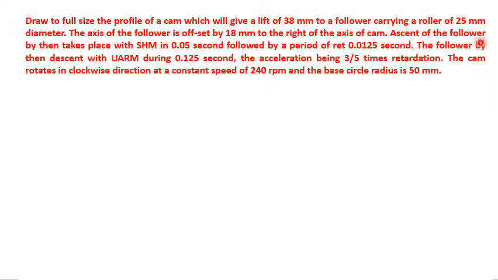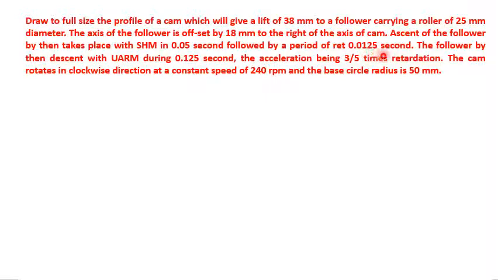Ascent of the follower then takes place with SHM. So ascent is nothing but an outstroke or a rise stroke. It is by SHM and the duration is given as 0.05 second. So here the angle is not given; it is given in terms of time, 0.05 second, followed by a period of rest, which is nothing but the first dwell. So it is also given in time,